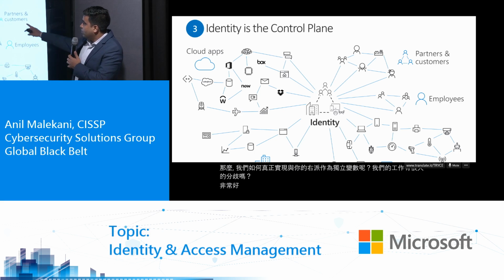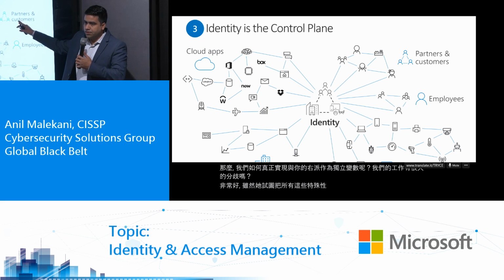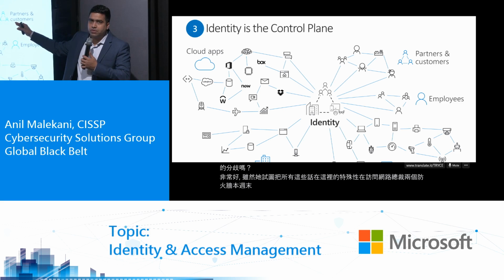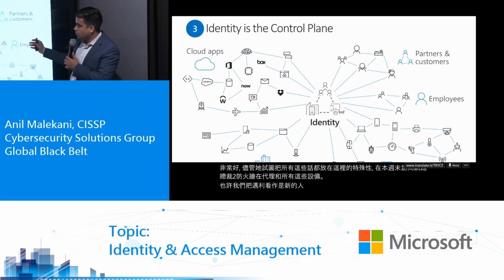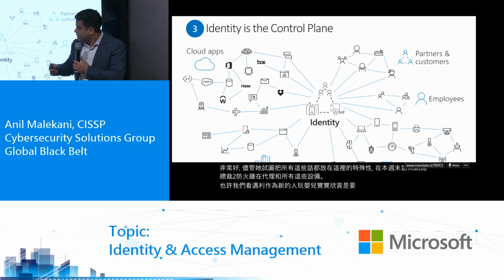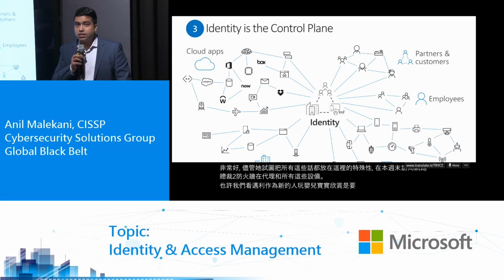And we can do that for partners and customers as well. And there are certain advantages of doing this in a new way, where you no longer have to set up the cumbersome federations between forests and domains, which you used to do in the old world. You can grant access to employees from inside the network, from outside the network. You can cover your on-premise services, you can cover cloud services. So what we're saying is that identity is going to serve as a new control plane in a zero trust model,